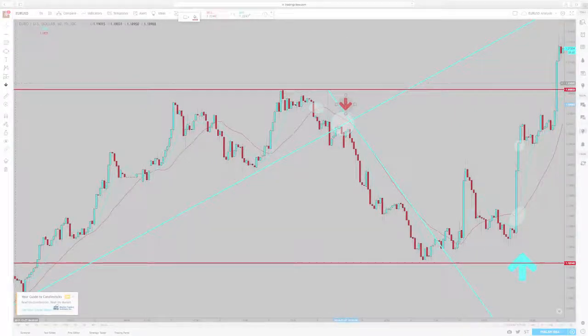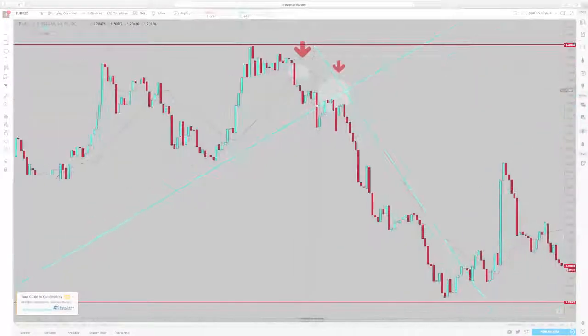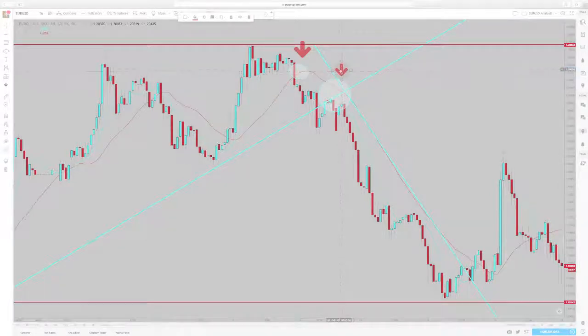You could have sold right here. You could have had an entry using your moving averages from the crossover, or you could have really waited for a nice confirmation from the market, letting you know that the downward trend is really about to happen once the retest comes and the market makes